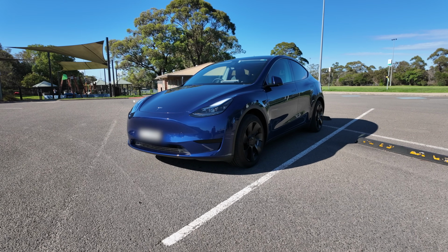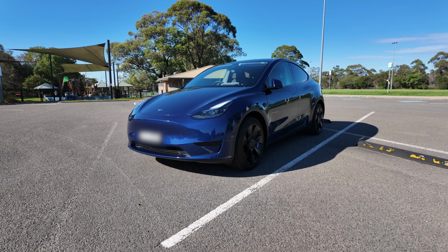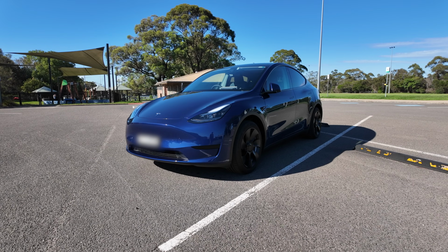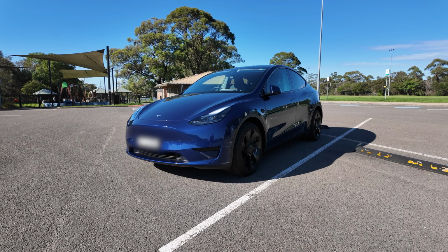Morning everyone, this is our 2023 Tesla Model Y, and I'll be reviewing the holiday software update for 2023. Now I know I'm a bit late with this update. That's because I've been in Japan for the last 2 weeks on holidays. So I'm back now and I'm going to give you my thoughts on the features that came with the new